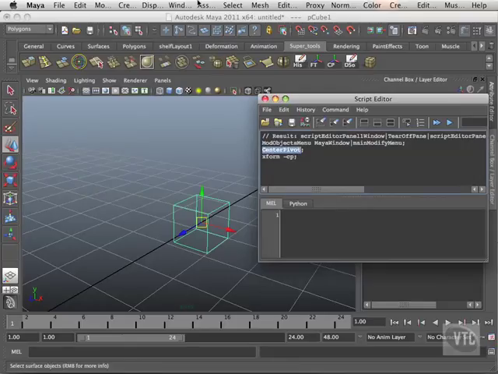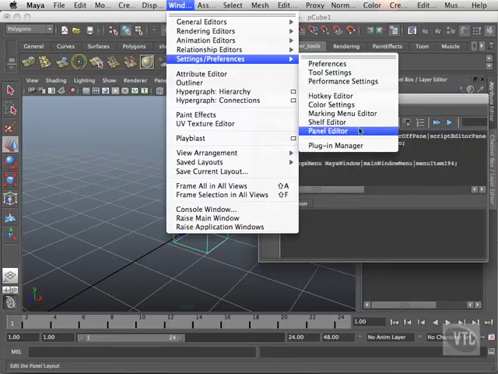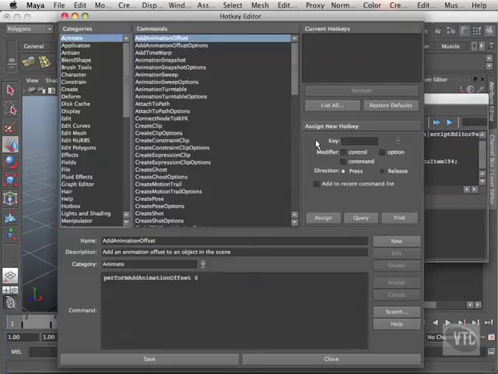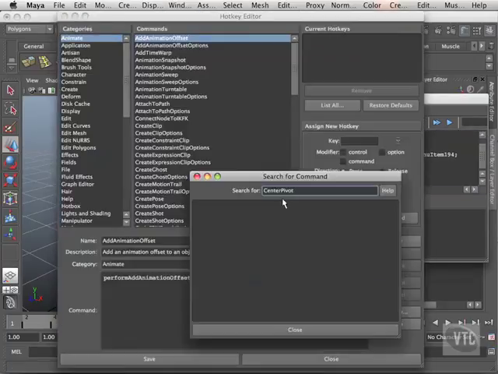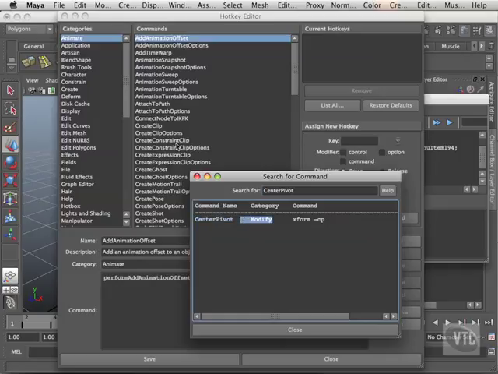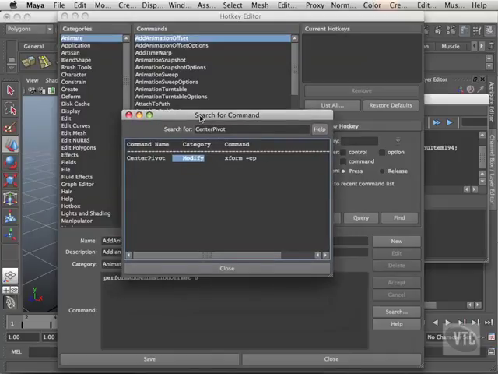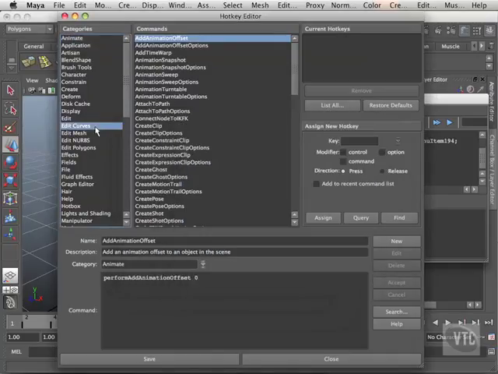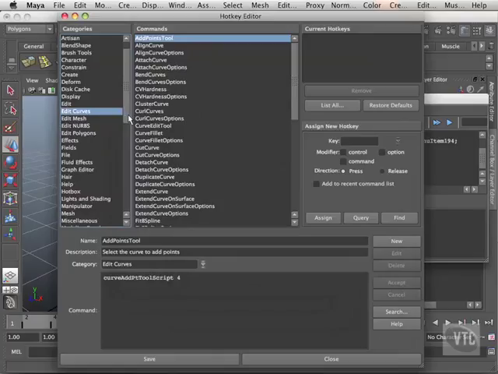So I copy this over and I go into the settings and preferences hotkey editor, and let's do a search for this. There it is. Modify center pivot is in the modify. So if you did not know where to look, you could always use this to find it. Okay, so now if I go to modify, there is modify center pivot,